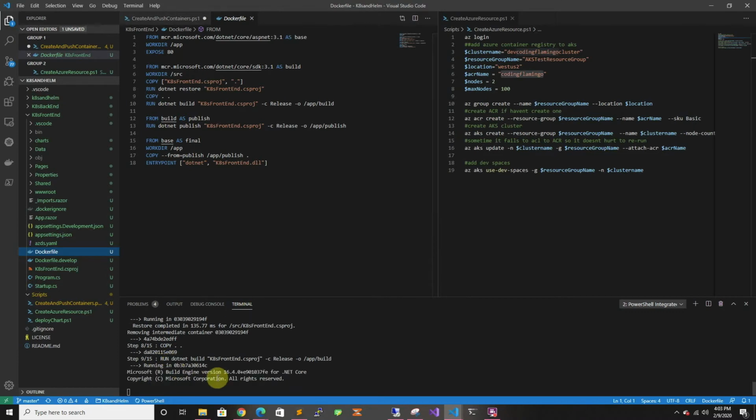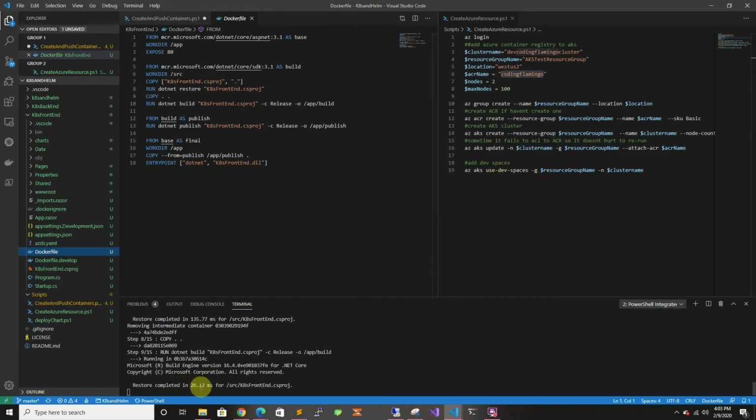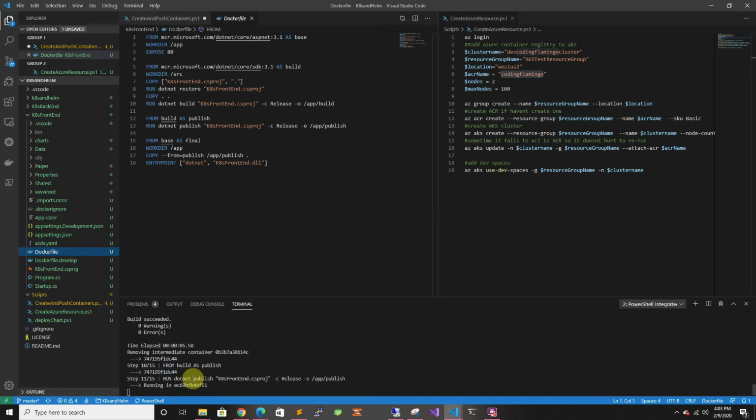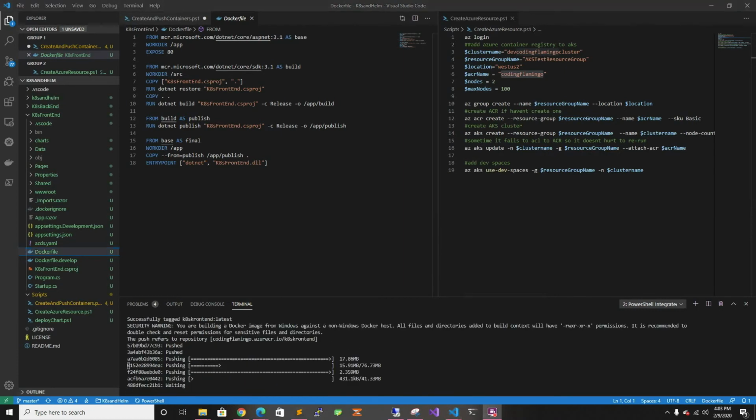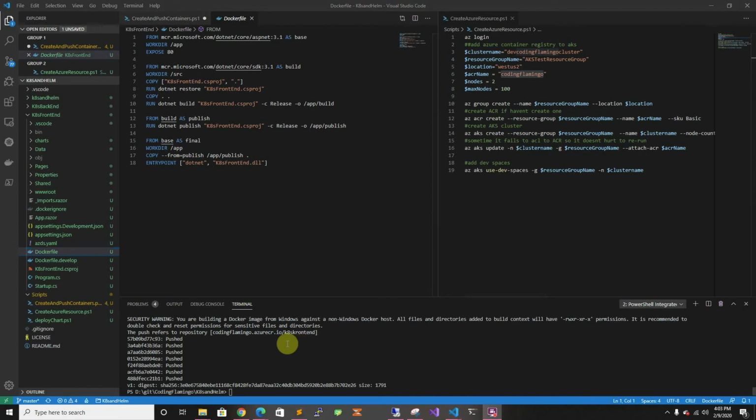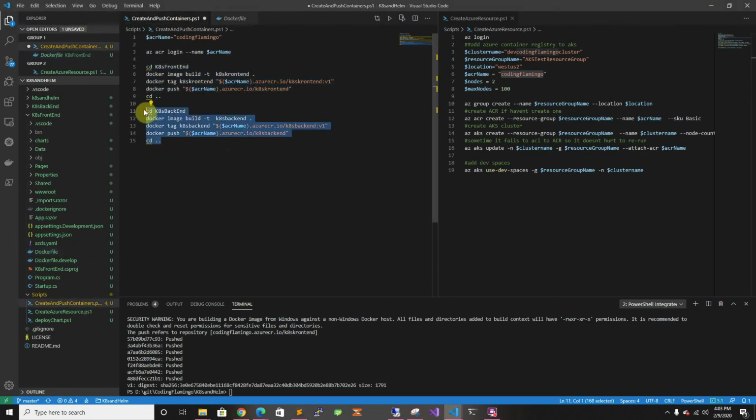So now that got done, it's starting to build, and I'm going to fast forward. And actually no need to fast forward, it just started pushing. So now it's pushing to our ACR, and it was able to push. In the meantime, I'm going to start the other one, F8, and while that loads,